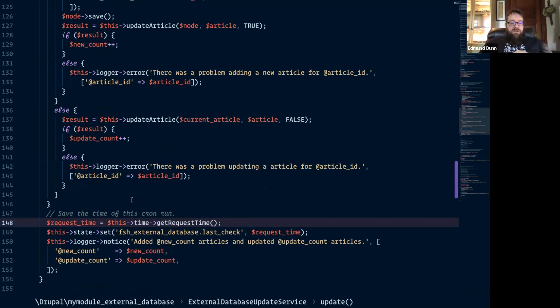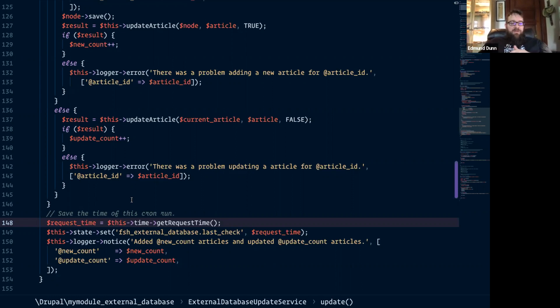And down here, this is where we use the time service, and we're getting the request time. Now, something to note is that even though we're setting this for every 5 minutes, Drupal uses requests coming into the site to kick off cron jobs, and so getting a request time gets us the time that the cron job was started.